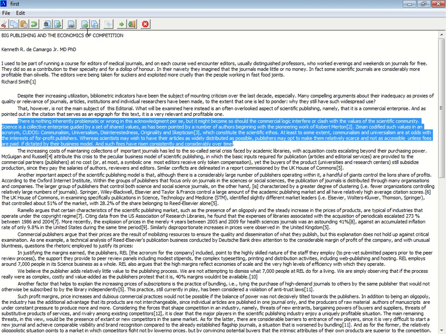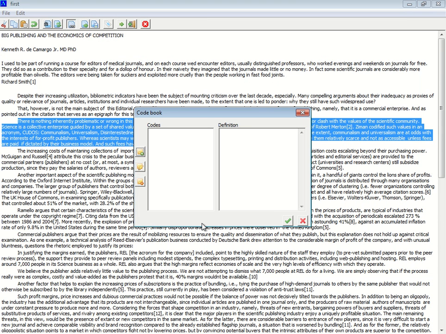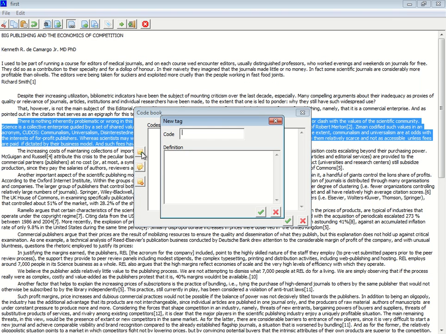I'm going to click on the insert tag button, and then it gives me this window where I can create new codes. I could have done this in advance. I could have a set of codes. I'm going to create a new one from the start. You have three buttons: one to add code, another one to edit the current code, and the last one to delete it. And I'm going to add a test